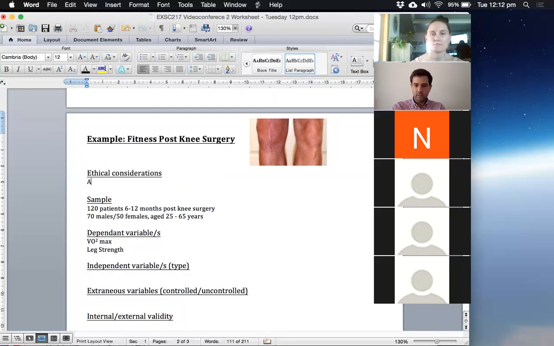Yeah, great one. Yep, so at-risk populations is definitely one that we need to consider. And certainly if we're talking about fitness and exercise and measuring things like leg strength and VO2 max, then this population is certainly an at-risk population. We know that they potentially don't have the greatest strength, or they're at a much higher risk of recurrence of injury during this time frame. So yeah, at-risk population is a really good one. Any others?